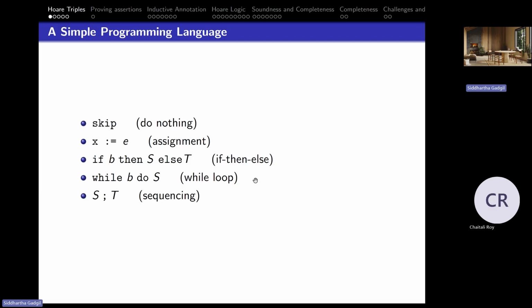There's a while statement. While condition B is true, keep doing S until B is false, and then you come out of the loop. And this is the sequencing of 2 statements. First do S and then do D. Okay, so I should say at the outset that the